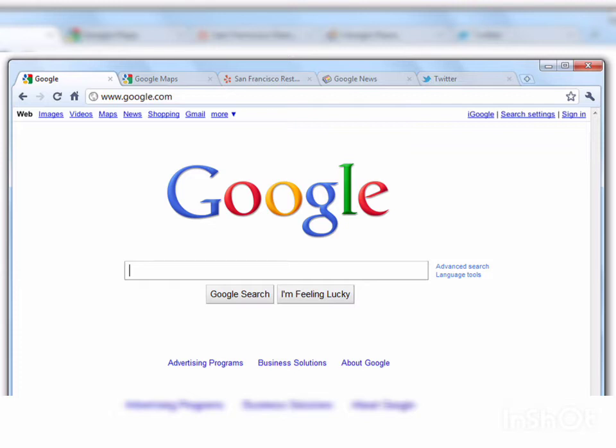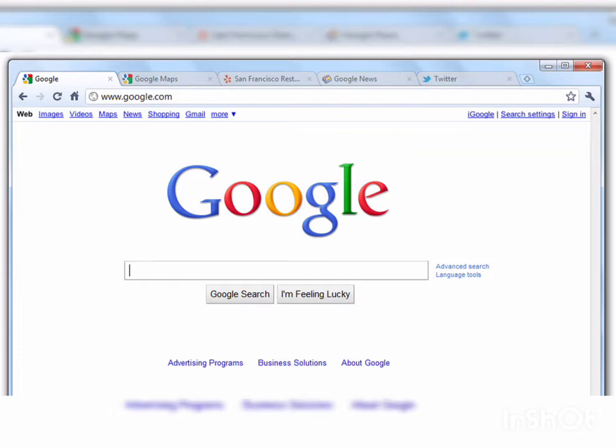Commonly found menus on a browser are File, Edit, View, History, Bookmarks, Tools, etc. Different menus have different options. Google is one of the best examples of a web browser.